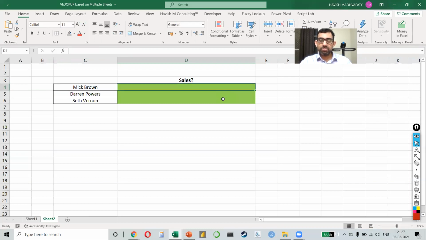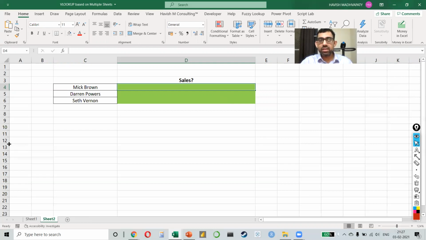Now this movement from one sheet to the other sheet is not very nice. I know that the function argument box makes it simpler, but would it not be nice if you could have seen both the sheets at the same time? Even if you're working on a single screen and on the same Excel workbook.